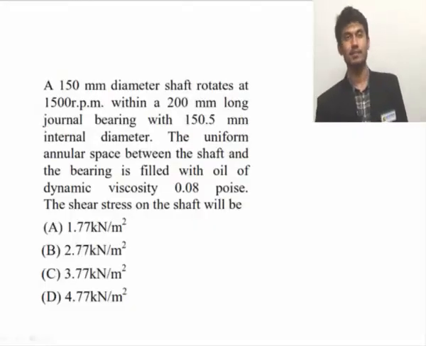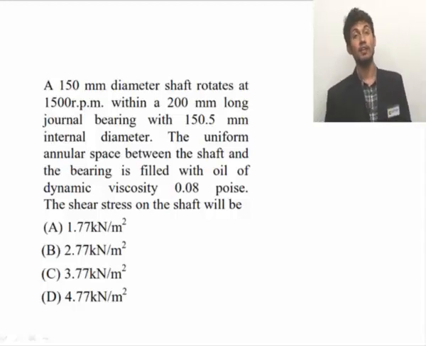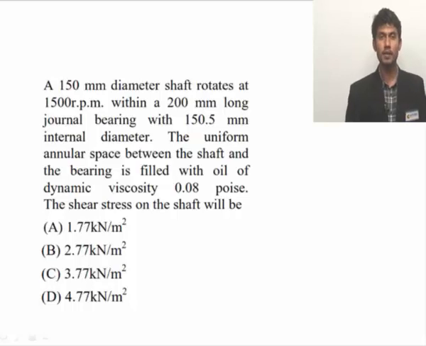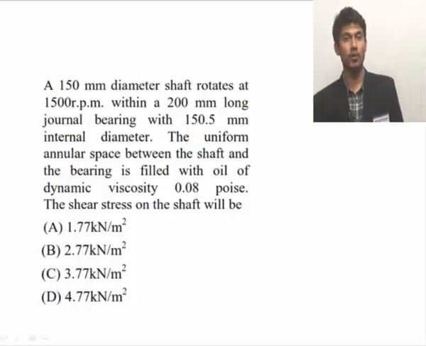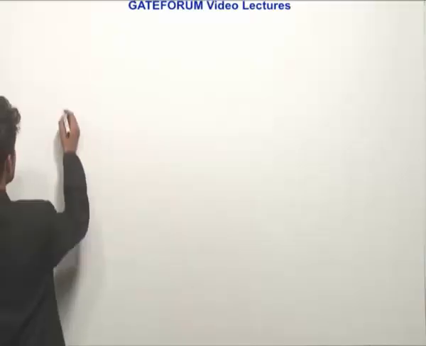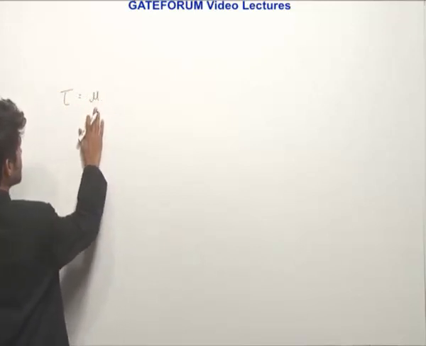The problem statement is: a 150 mm diameter shaft rotates at 1500 rpm within a 200 mm long journal bearing with 150.5 mm internal diameter. The uniform annular space between the shaft and bearing is filled with oil of dynamic viscosity 0.08 poise. The shear stress on the shaft will be. You are asked to find shear stress tau, and as we know, shear stress with the help of viscosity can be